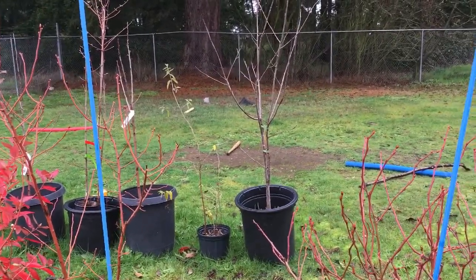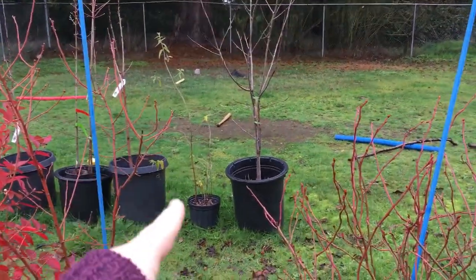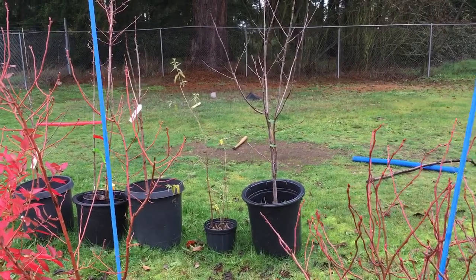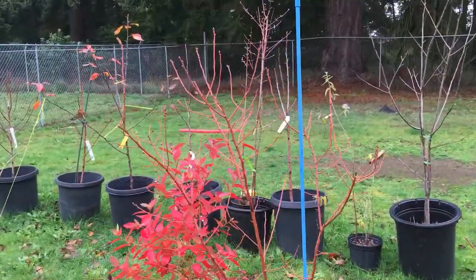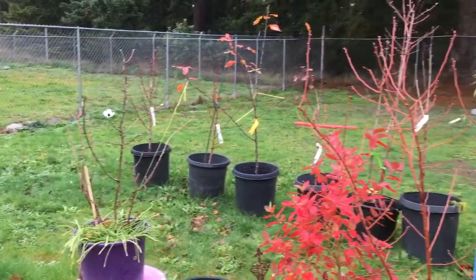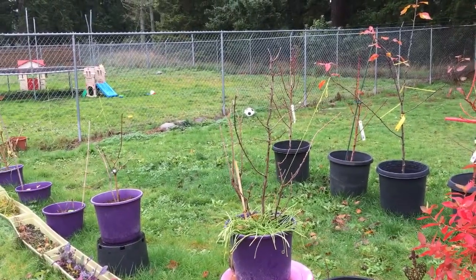But there are a few plants I will be parting with in the spring. I believe I'm going to be parting with this one right here, which is the Russian olive tree. I think I'm going to go ahead and part with that. I may just offer that one for free online to anybody who wants it because I just don't want to deal with it. And I'm going to be focusing on those figs,